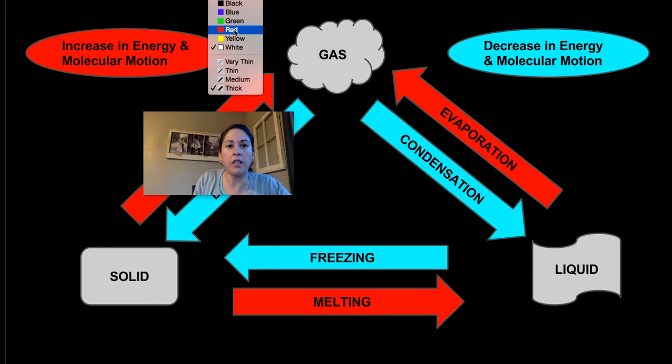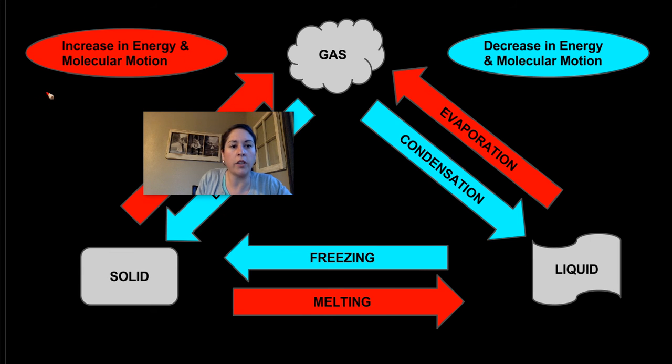One of the things is that we see energy increases with the things that are red. So an increase in energy and molecular motion means everything that's red is going to have a positive delta H. Okay, we're increasing energy, which means we are adding